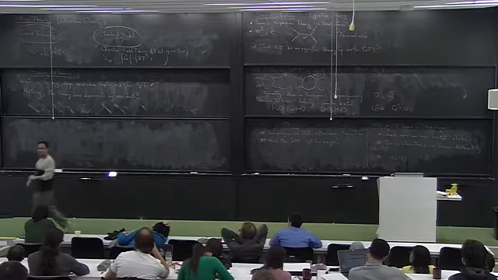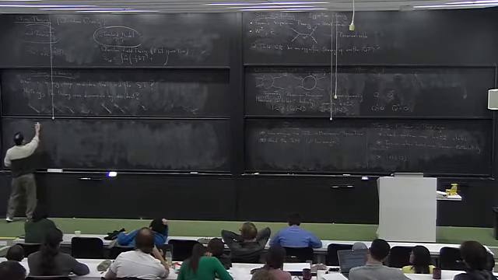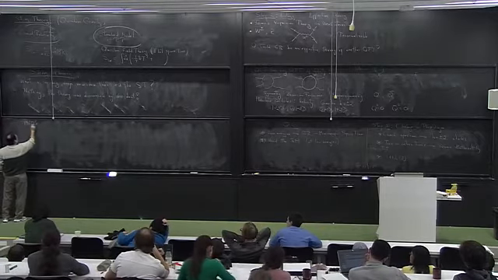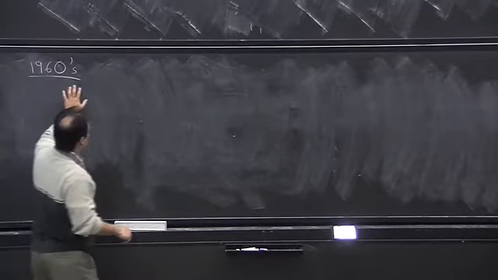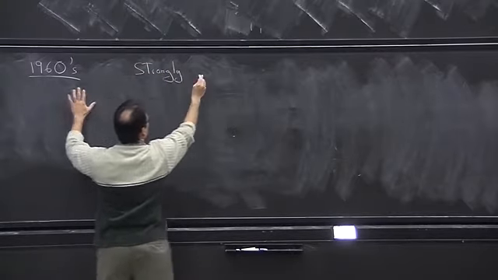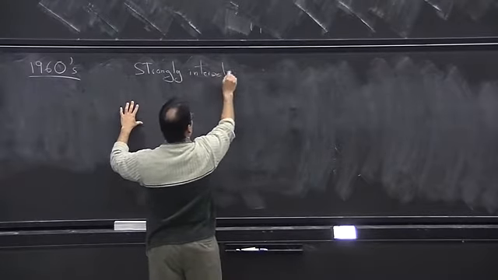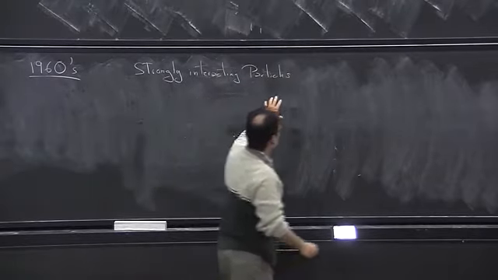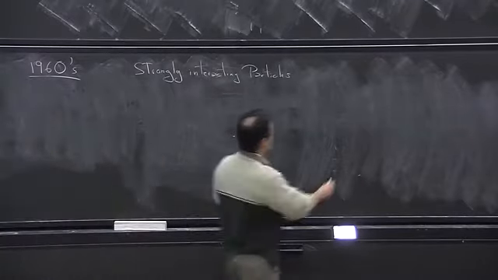So what were people trying to do when they stumbled upon string theory? We have to go back to the 60s in order to answer that question. And what was the situation in the 60s? In the 60s, we had strongly interacting particles. So these strongly interacting particles, in particular,